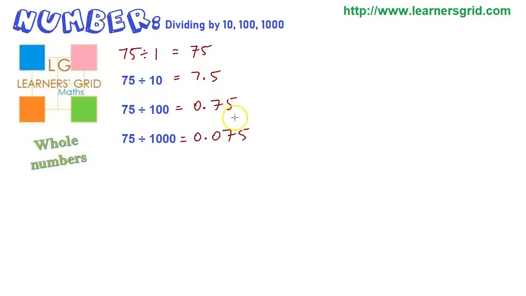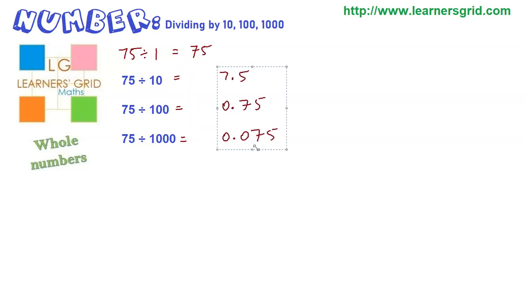Okay, now if I just arrange these answers so that the decimal points are in line, you might be able to see something quite interesting in the answers. And even further than that, if I move these across a little bit more, and I put in the decimal point for 75, this first one, convert basically this whole number to a decimal, and then just align these decimal points up again, you might see